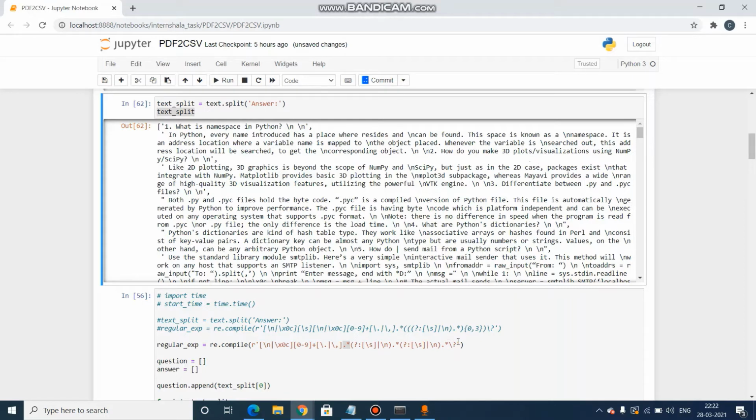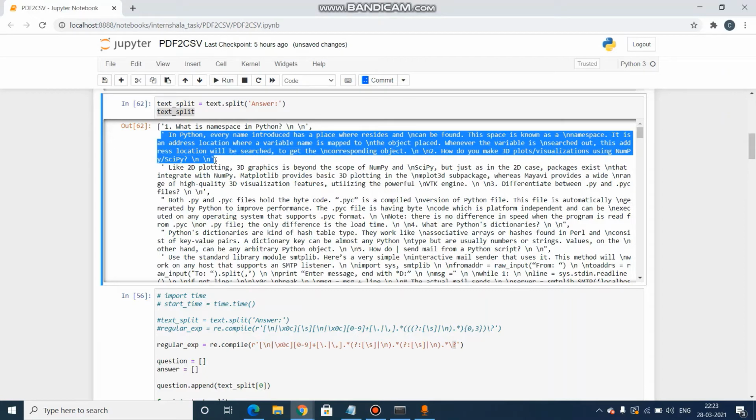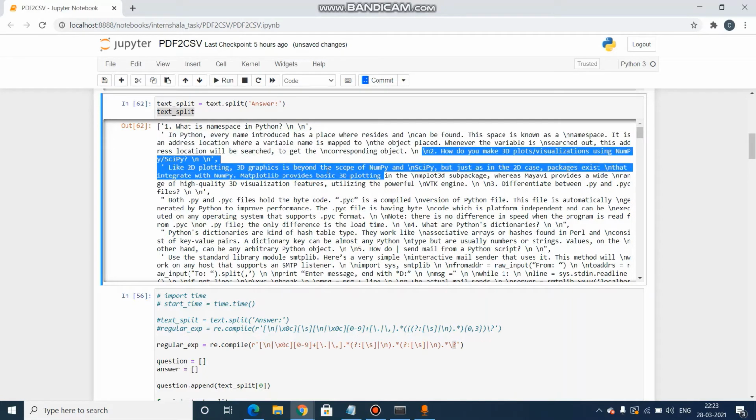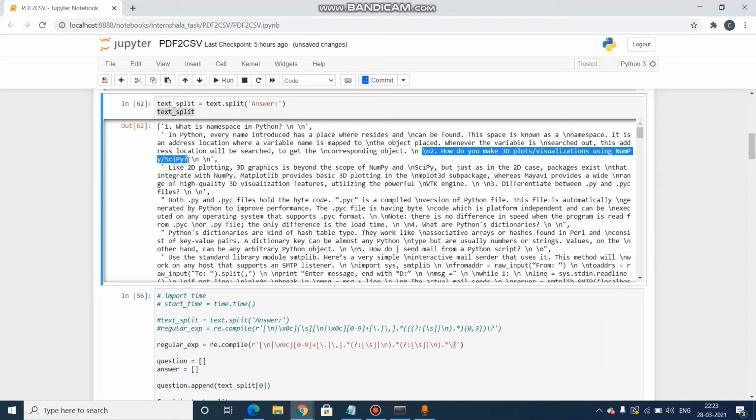But here we can see there are spaces. Then again we are saying there can be any data, any text is possible. After that we are again checking, and in the last we are checking for the question mark. So here we have the question mark. From this we will extract this much of the question, this much of the part from this whole string, and we are placing it as a question.